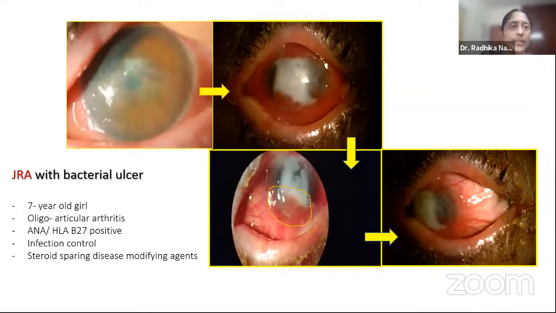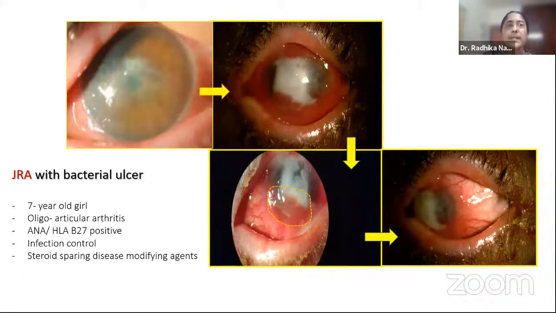Here is another child who was again treated for lid margin disease. But you can see in the first picture that there is so much of lucid interval. It's hardly marginal. In the previous patient, there was no lucid interval, and here it is close to the pupillary area. And immune disease is very rare in children, but this 7-year-old girl had septic arthritis. She was HLA-B27 positive, and the rheumatologist diagnosed her to have juvenile rheumatoid arthritis.